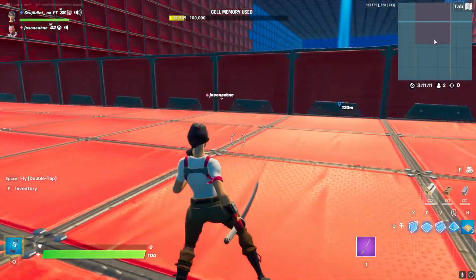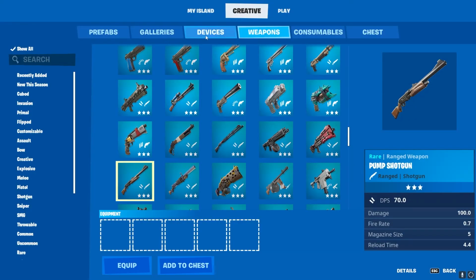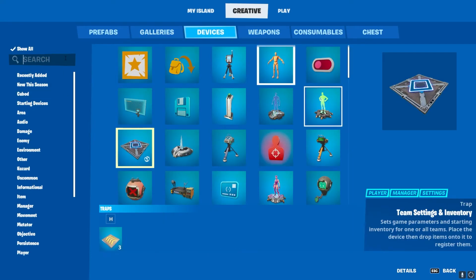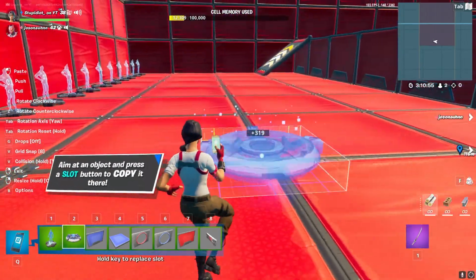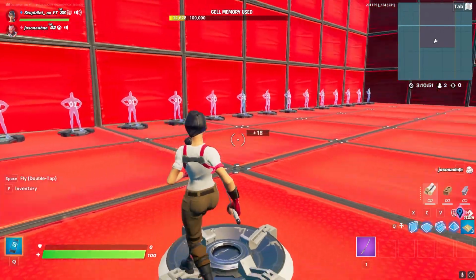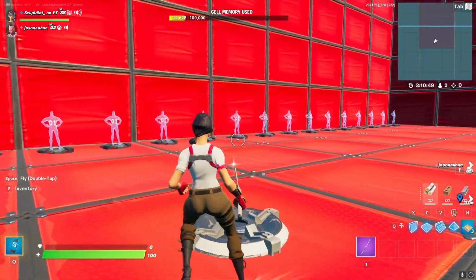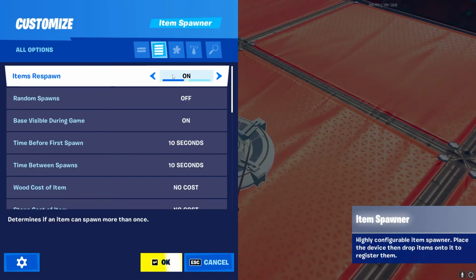Inside of this very basic team base, you can grab some item spawners. If you want the players to also be able to pick up the starter weapons, like replacements or extras, grab an item spawner. This device right here. You can place it down towards the center of your base. I just want to point out how ridiculous this base is. You don't need this many spawn pads, and you definitely don't need a base this big,